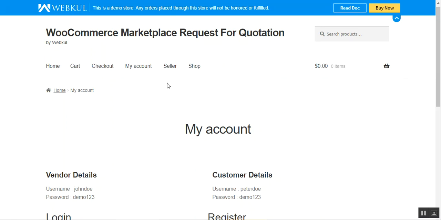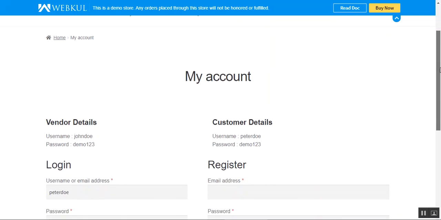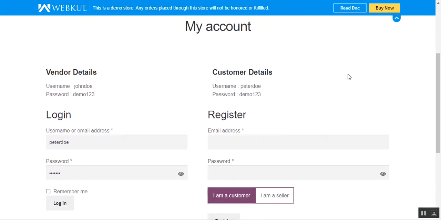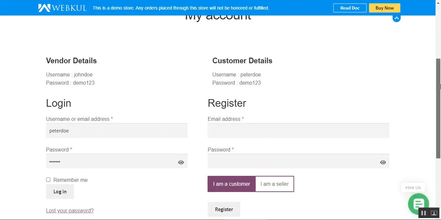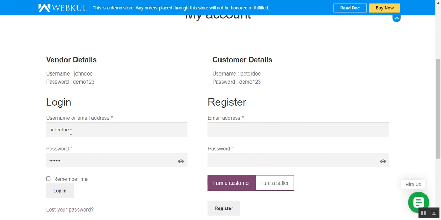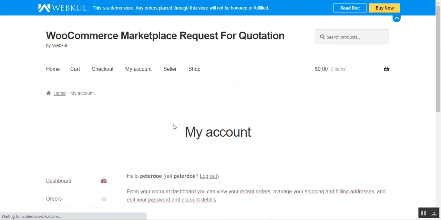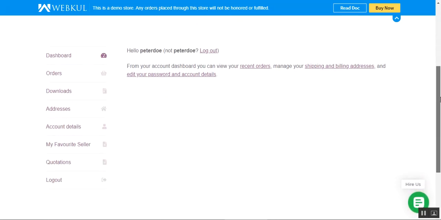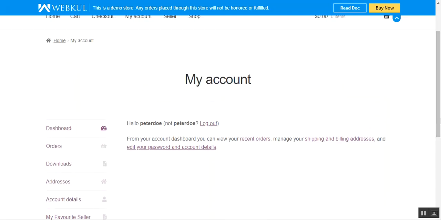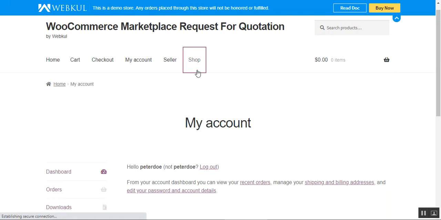Right now I'm at the WooCommerce marketplace web store front end, as you can see. So now I'll be logging into my customer account, and thereafter I'll be placing a request for quotation for a seller's product. I've already typed in my username and my password, so I'll tap on the login button to log into my customer account now. On the left hand side, you can see my customer dashboard. Now I'll navigate to my shop page,